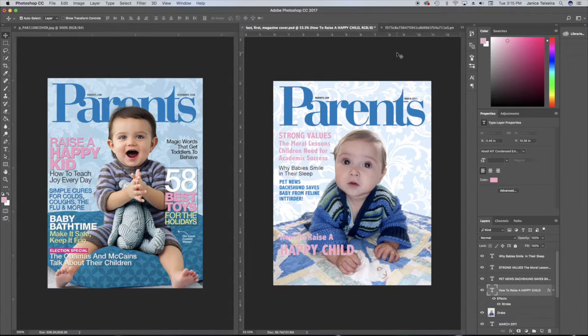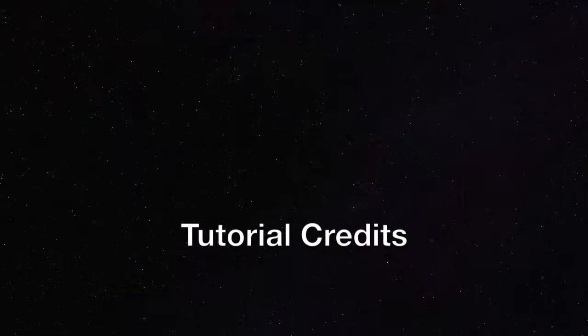Okay, and I have a good start with this magazine cover. I think it looks nice. It's emulating my reference magazine cover pretty nicely, and I think so far it looks pretty professional, and that is the goal. So I'm going to